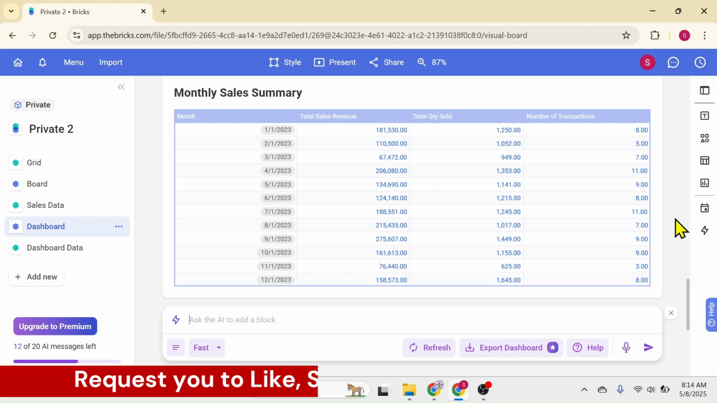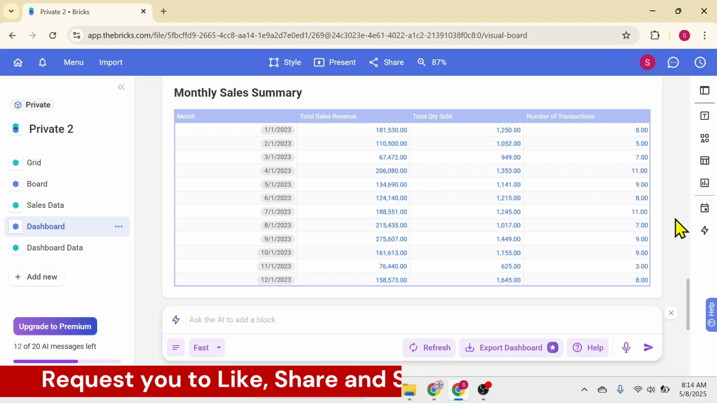So this is how you can create a dashboard in just a few seconds by using